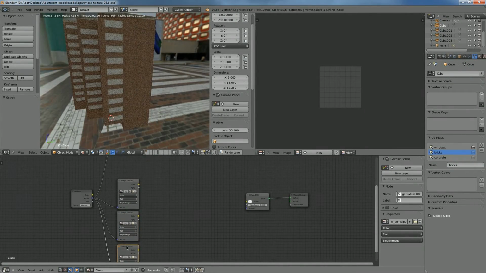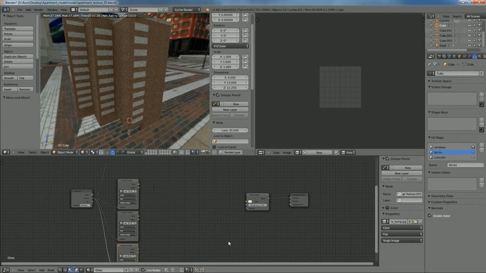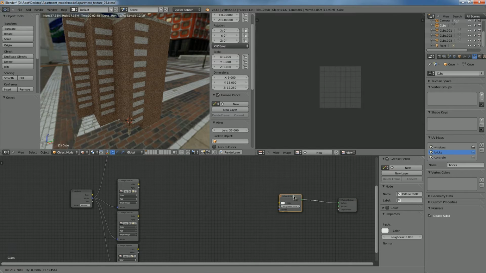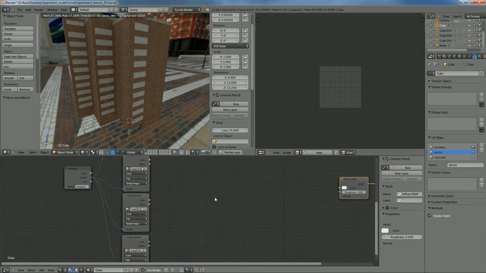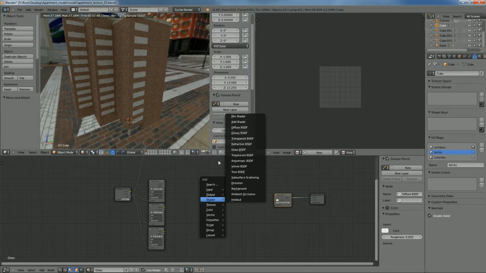So we have that, and so this is where it gets a bit intense. If it gets a little bit complicated, I apologize ahead of time, but this is how this will be going for now. So we're gonna go ahead and add an emission shader,